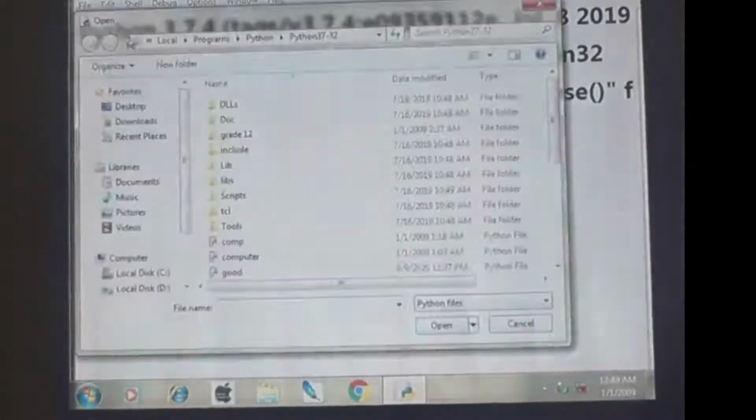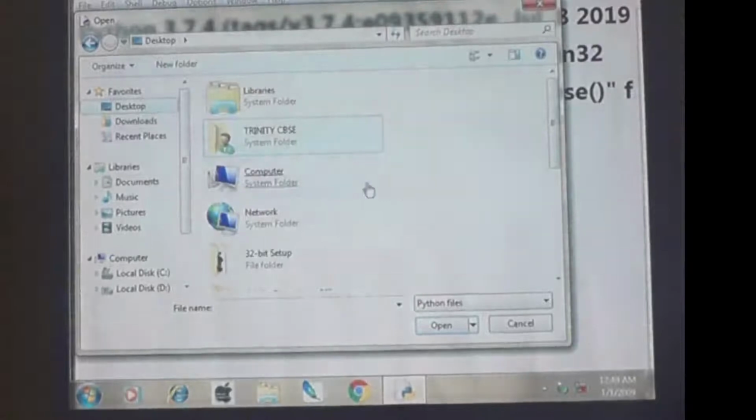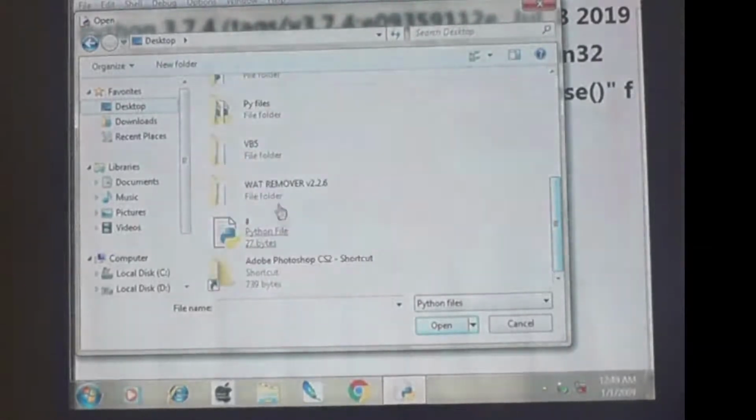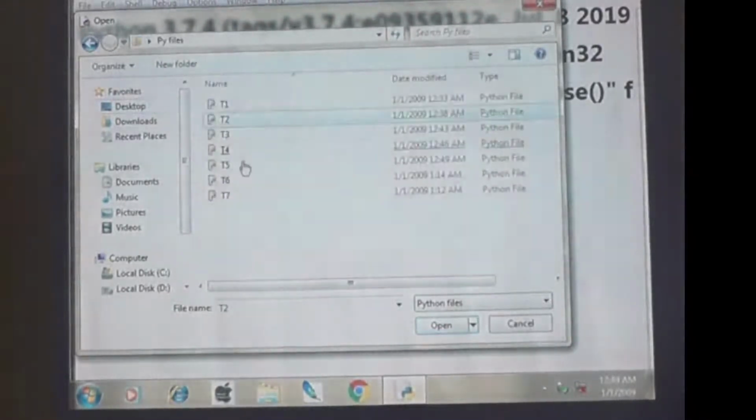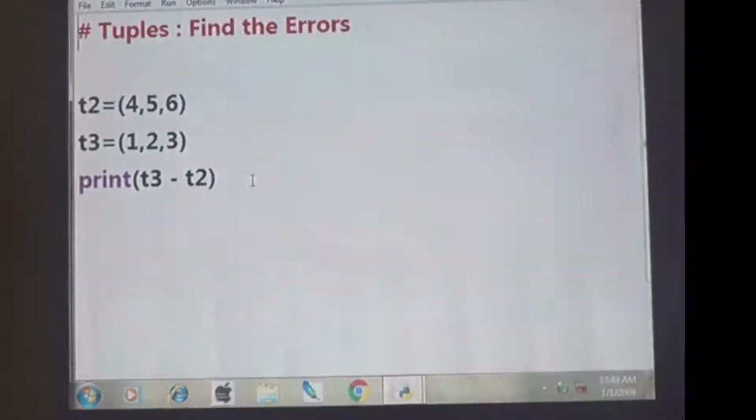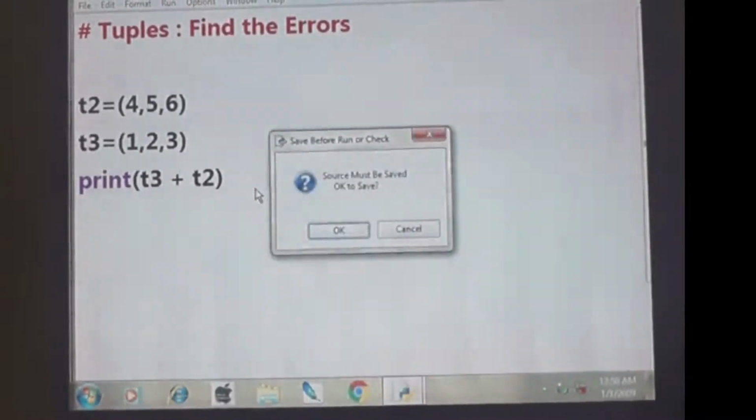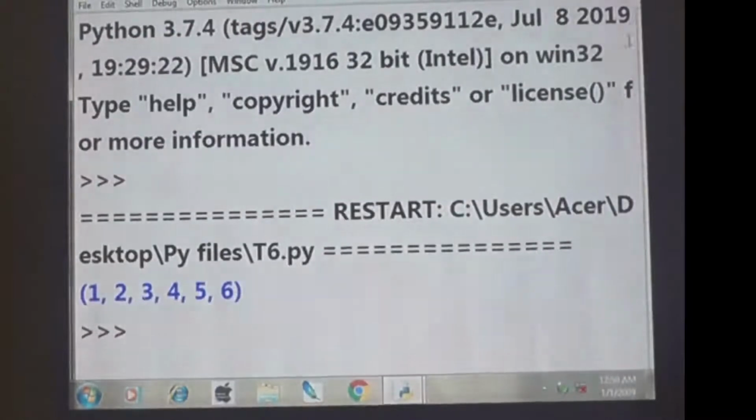Open desktop, P5, T6. Okay, this one we already saw, I think so. Listen. These both are tuples. Can tuple and tuple be added or not? So F5. Okay, so 1, 2, 3, 4, 5, 6.